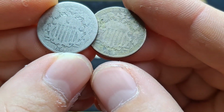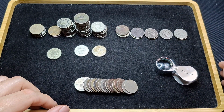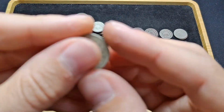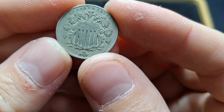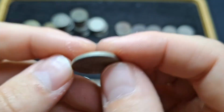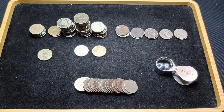So 2 of those 82s. So I will probably put together 2 date runs, and then the rest will just go into bulk there. And probably the best finds are this 67. It's probably a nice VF XF type coin that would retail probably around,